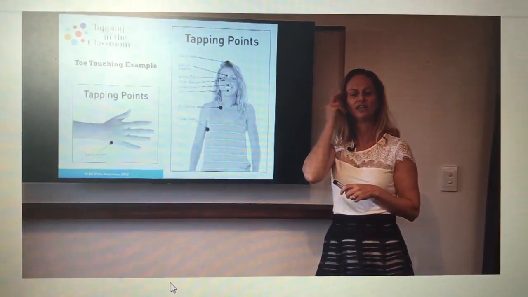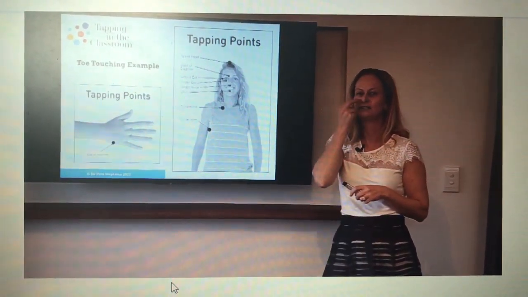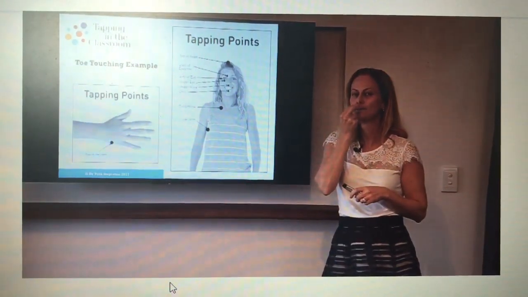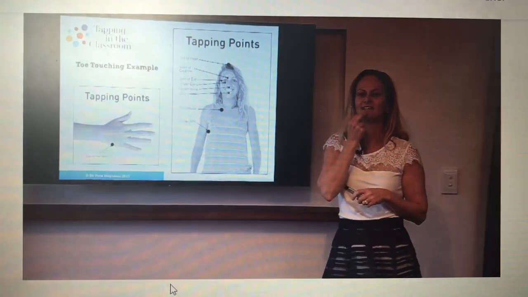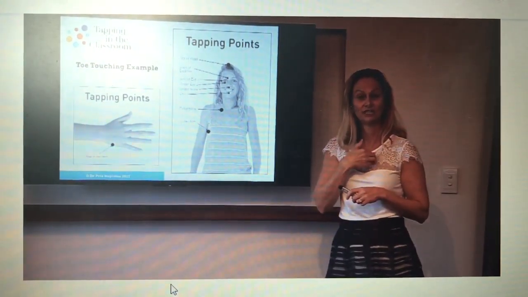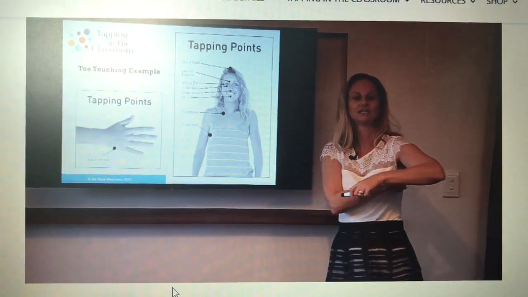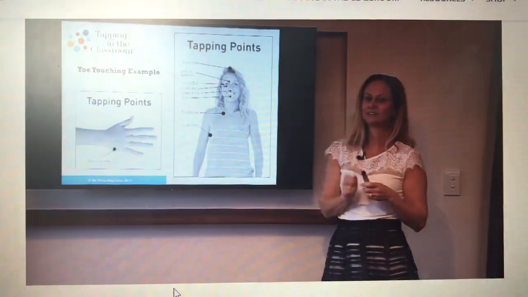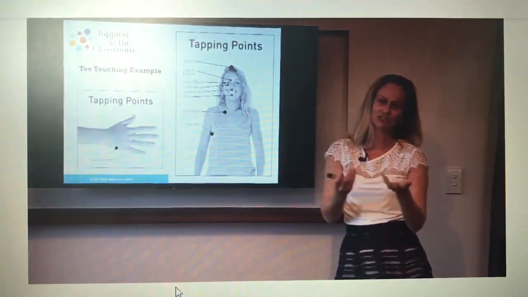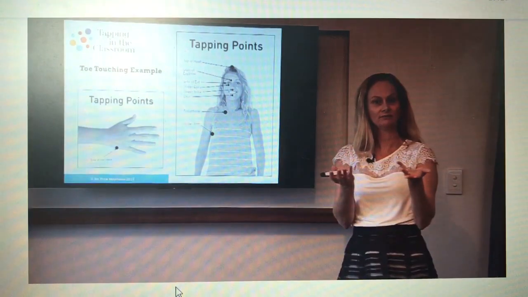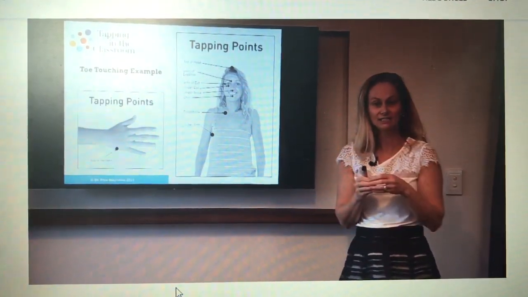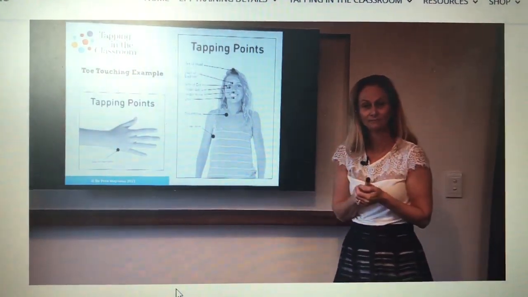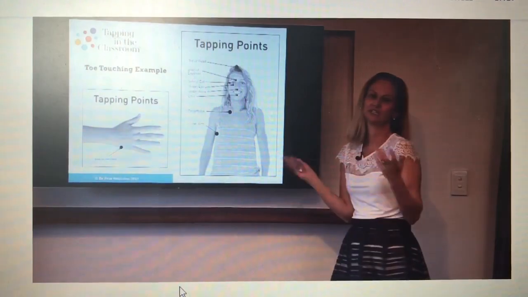Side of the eye, this tightness. Under the eye, tightness in my legs. Under the nose, this tightness. On the chin, tightness in my legs. Collarbone, this tightness. Under the arm, this tightness in my legs. Top of the head, this tightness. Take a deep breath and then give it a test by actually trying to touch your toes. See whether that number out of 10, you can guess, is that different? Is it lower? Can you reach a little bit further? So again, it is a nice way to actually introduce